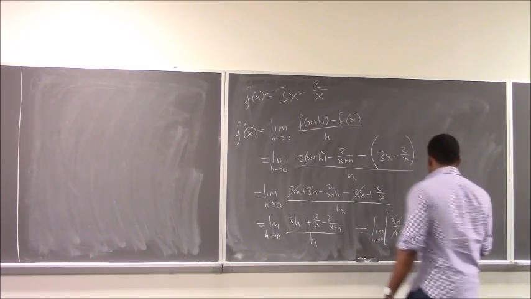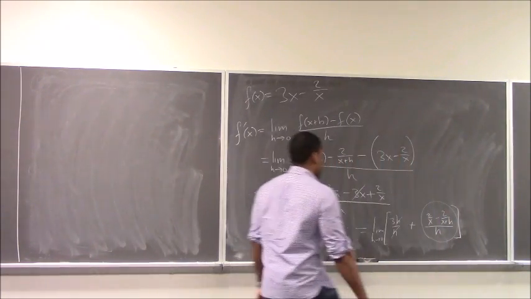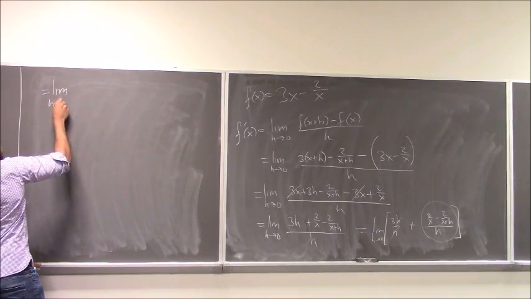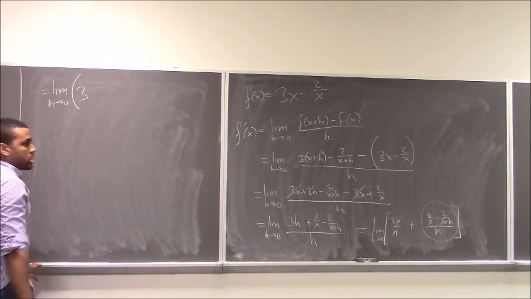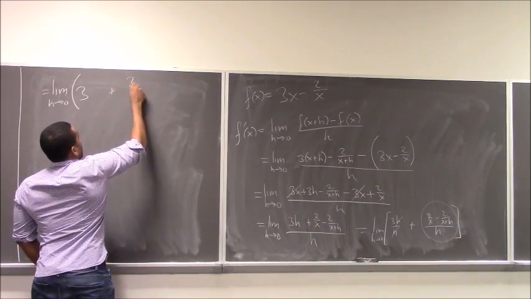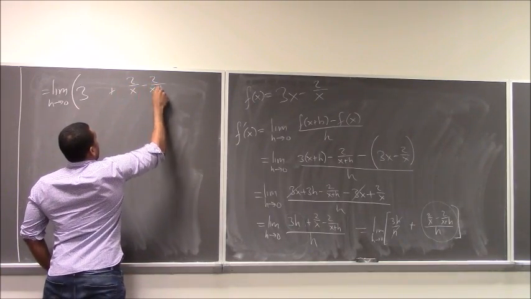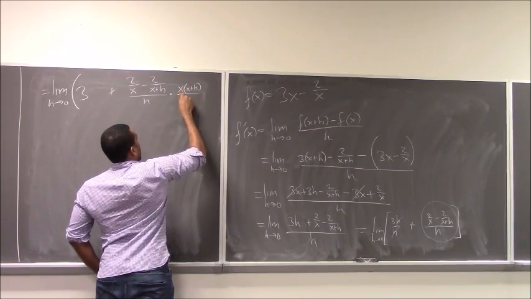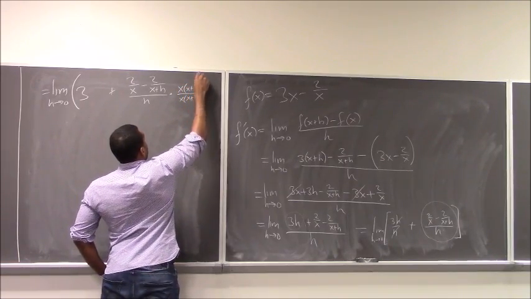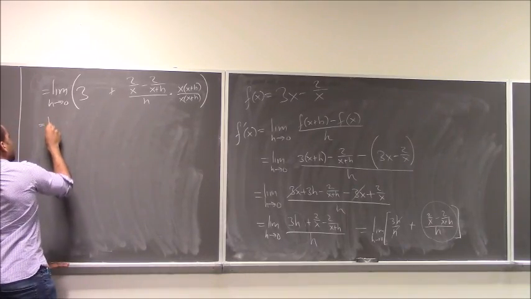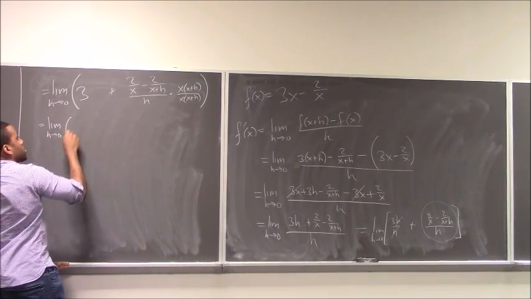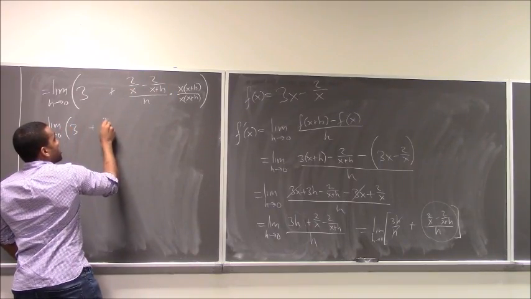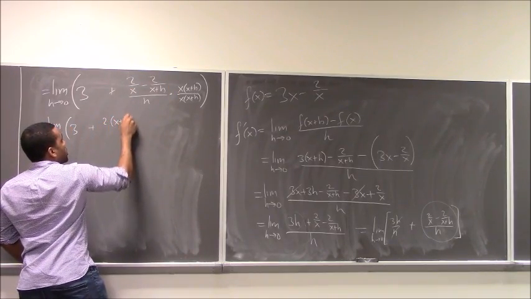Right? And so now I'm just focusing on simplifying this part, which is a complex fraction, so multiplying and dividing by the LCD is what I would do. So there's this 3 just hanging out. And here I'm going to multiply by x times x plus h over x times x plus h. So then I take this, multiply that, the x's cancel, and so I just get 2 times x plus h